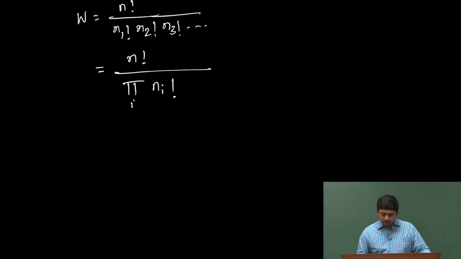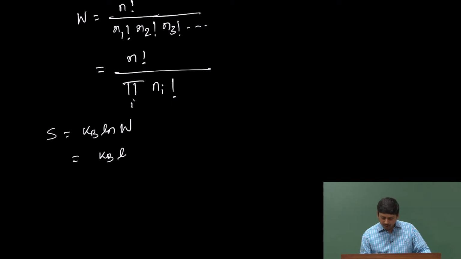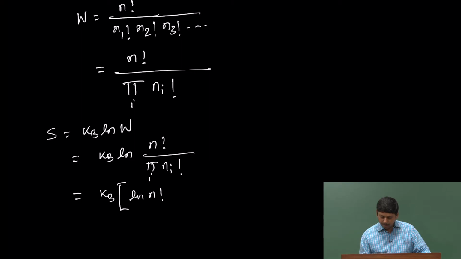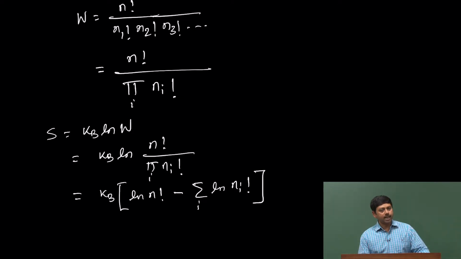So, now we know that entropy is k_B ln W, which means entropy is k_B ln of N factorial divided by the product of n_i factorial, which means I can write that as k_B [ln N factorial minus the sum over ln n_i factorial]. The product becomes a sum when we use ln. In case of ln, the product becomes a sum. So, that is why it is a sum. Now, once we have done that, we can write that as